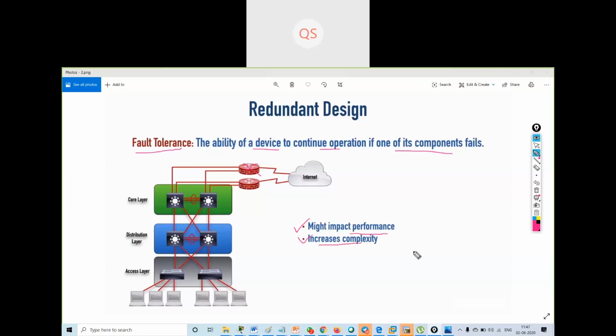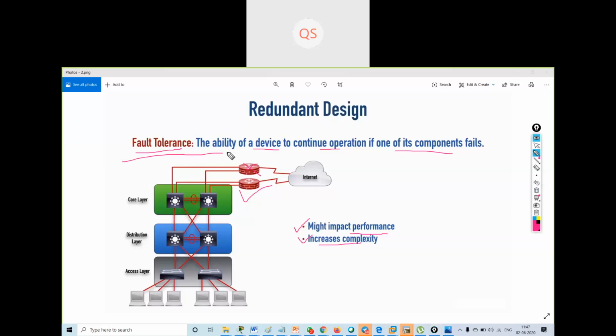Also, it will increase the complexity of the device that is running, because it has to understand the routes. The design is very complex. See, this is my redundant design. Each device is connected with one another.